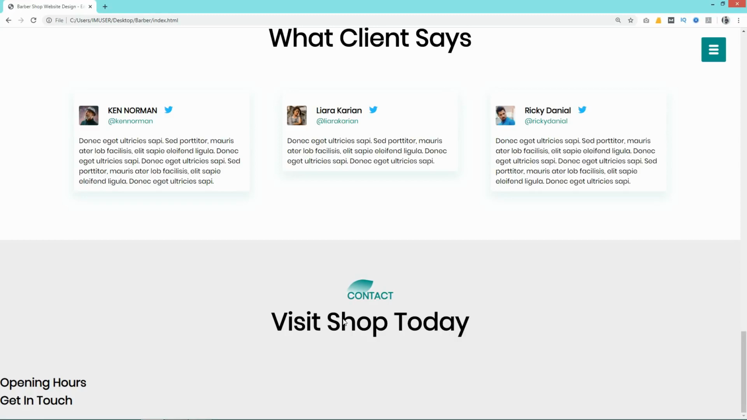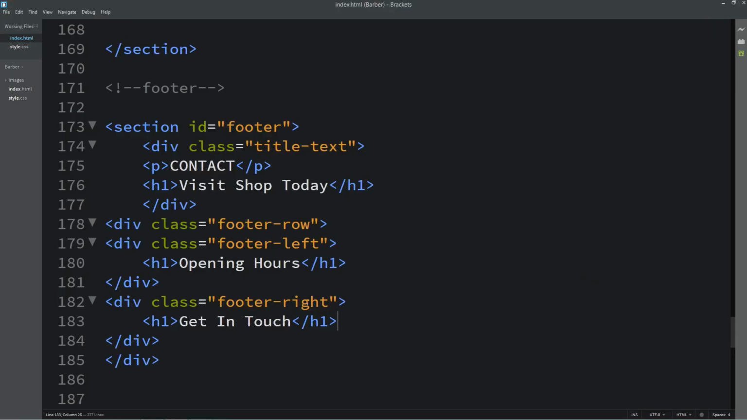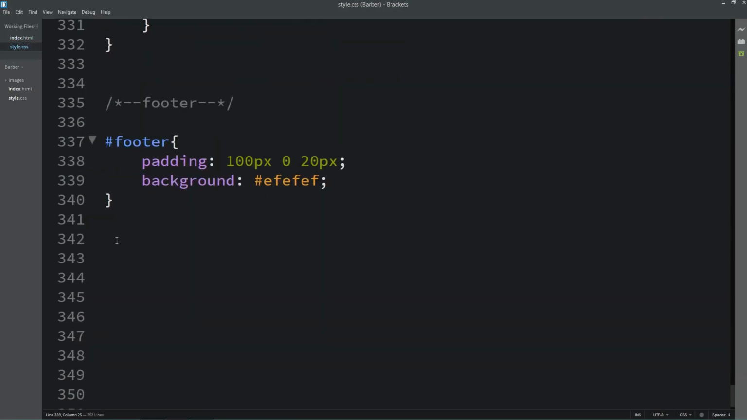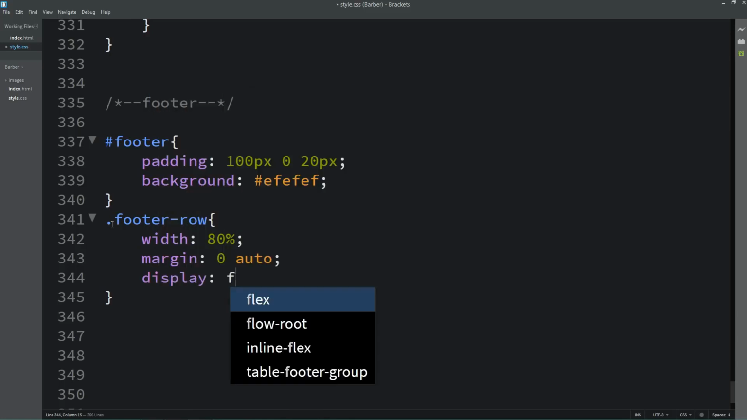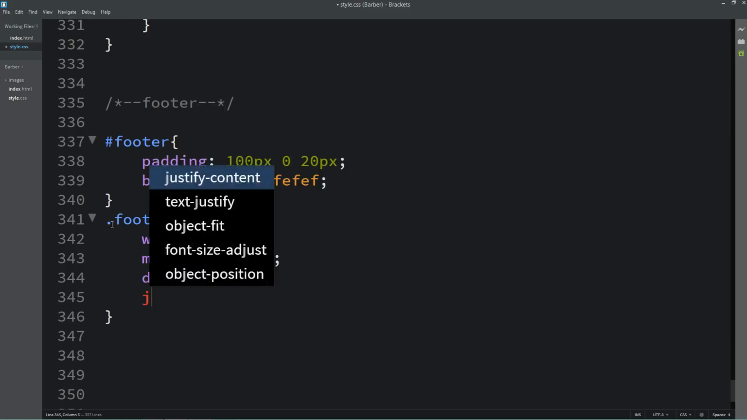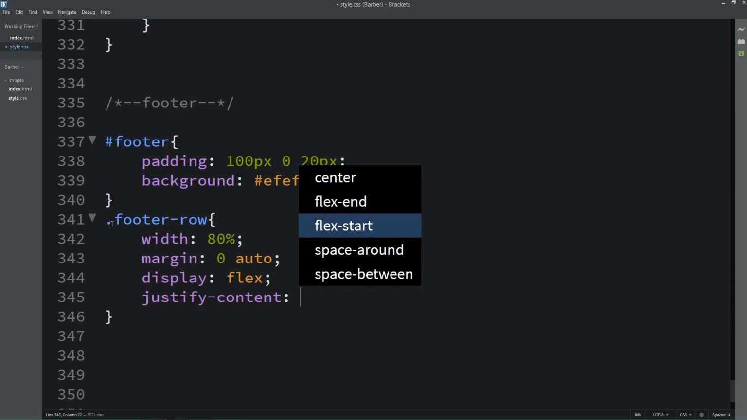So you can see this title on the left side. Let's copy this class name, footer row, and add this class name in the CSS file. Here we will add width, it will be 80%, and margin 0 and auto. Display, it will be flex. Justify content space between